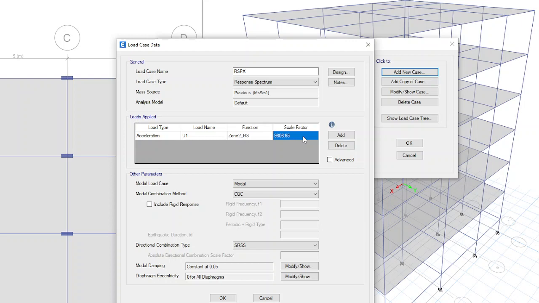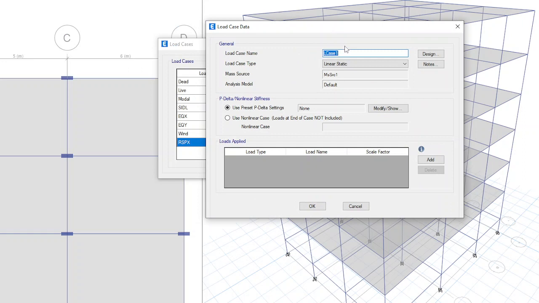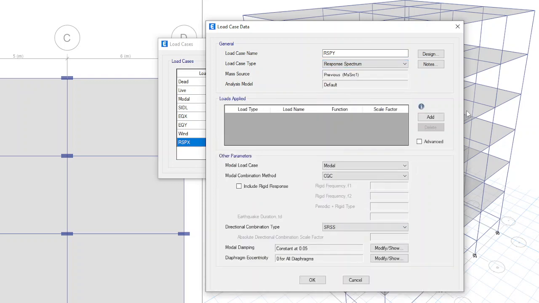That's all. For Y direction you need to define a separate load case. Click on OK. Add new case. Here I'll name it RSPY, sorry. X earlier I defined as RSPX, now it is Y. I'll select response spectrum.